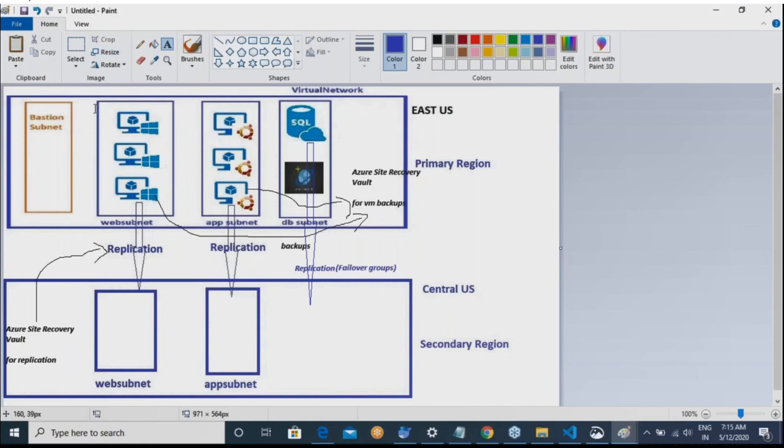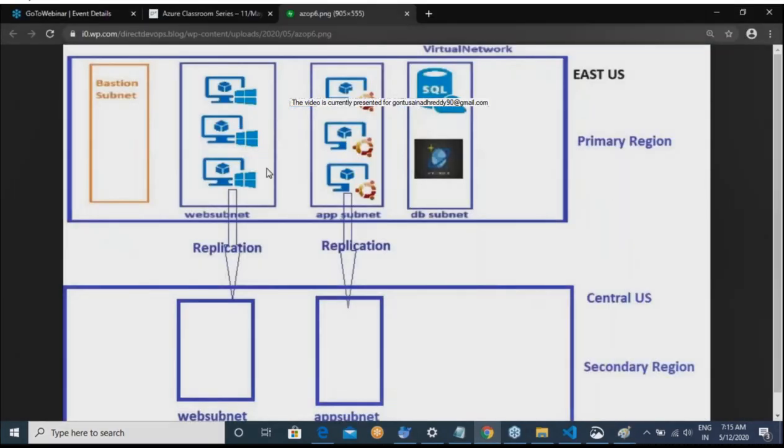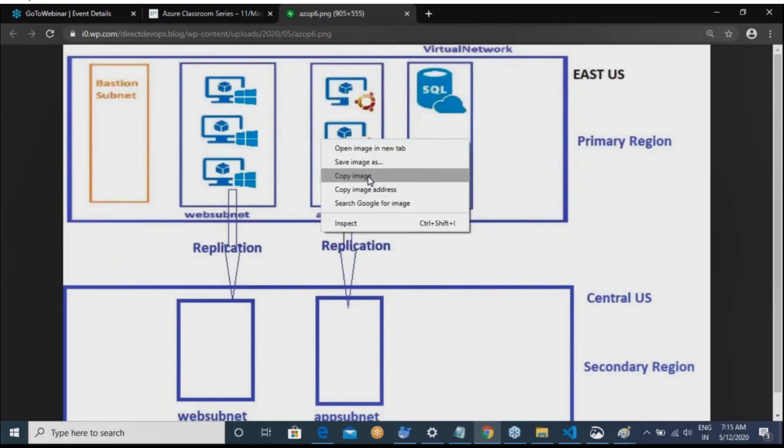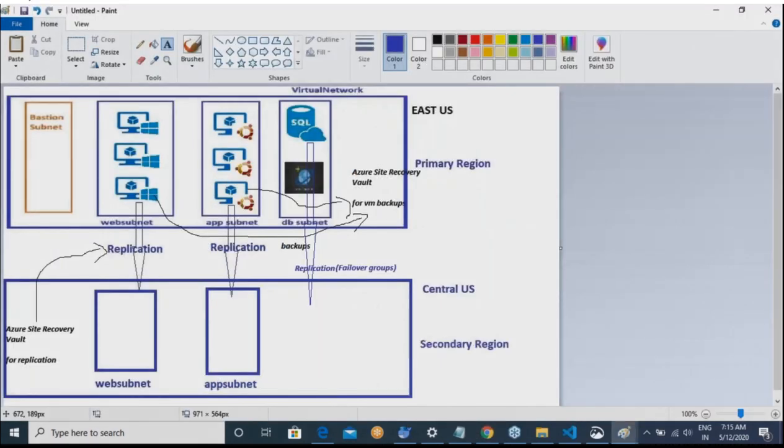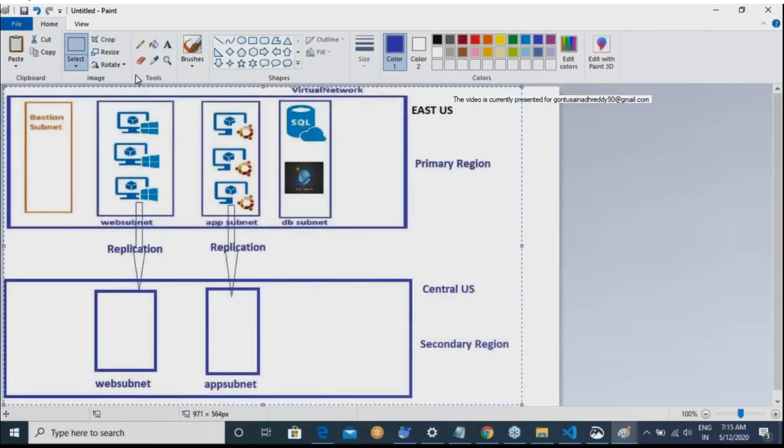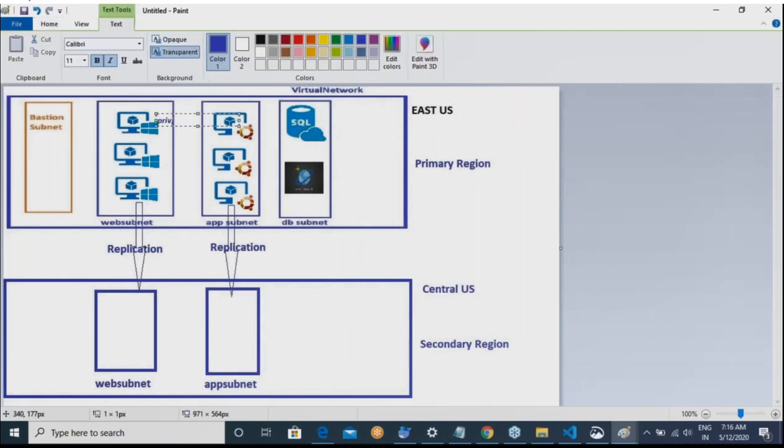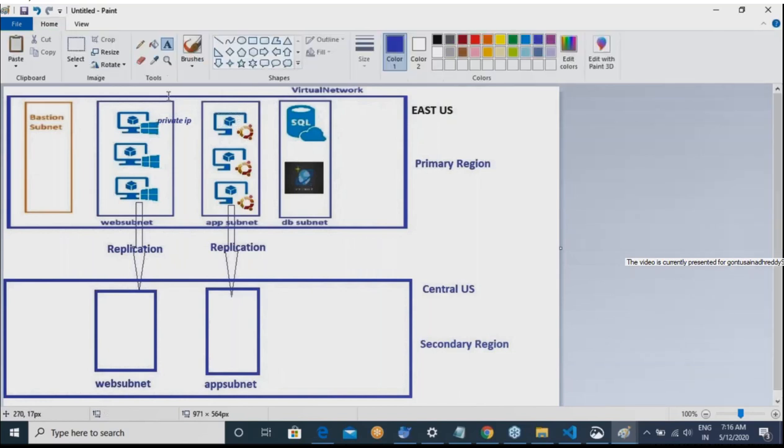But in reality, your virtual machines will just have private IP. They will not have public IP. If they don't have a public IP, how can you connect to these virtual machines?